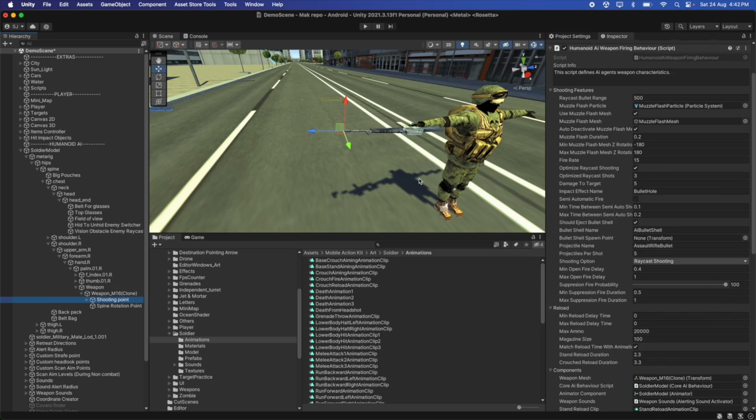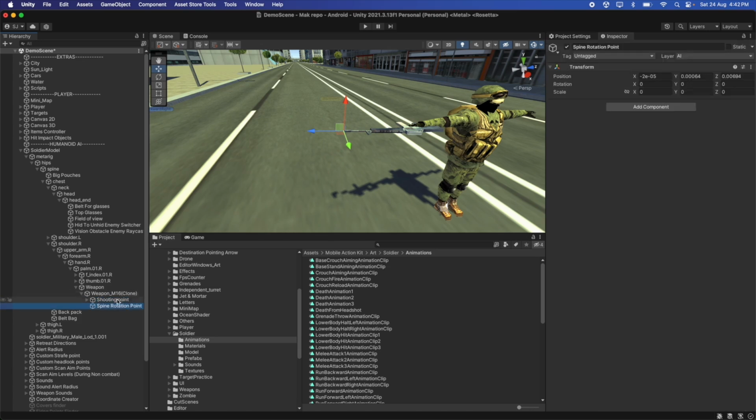Next we will create a bullet shell spawn point, and we'll place it inside its respective field here in this script. So let's duplicate the spine rotation point, and we'll rename it to bullet shell spawn point. Next let's reset its transform,